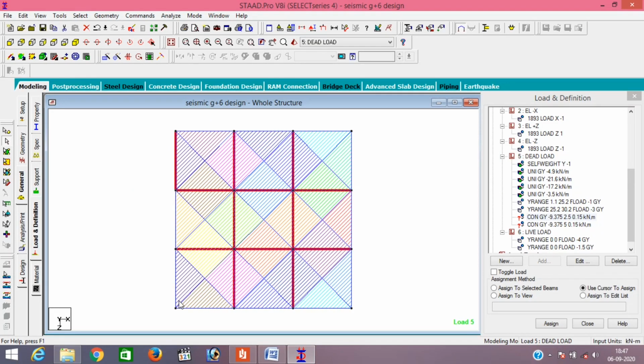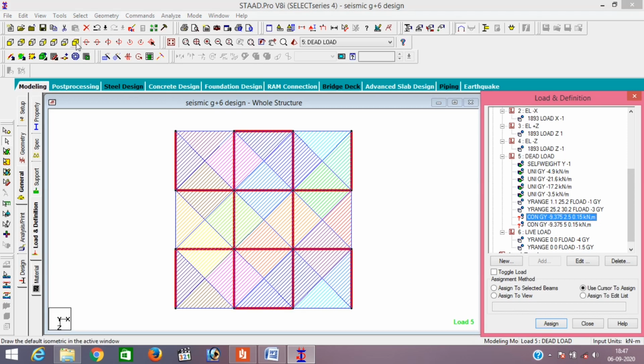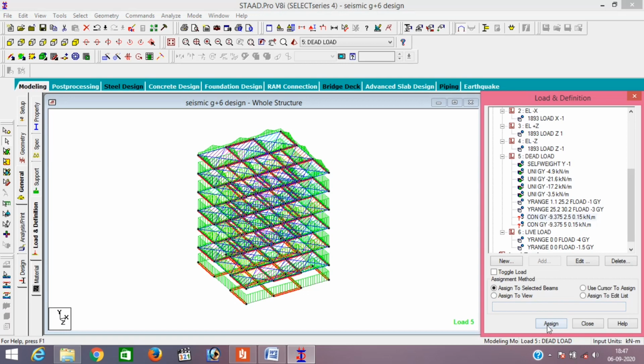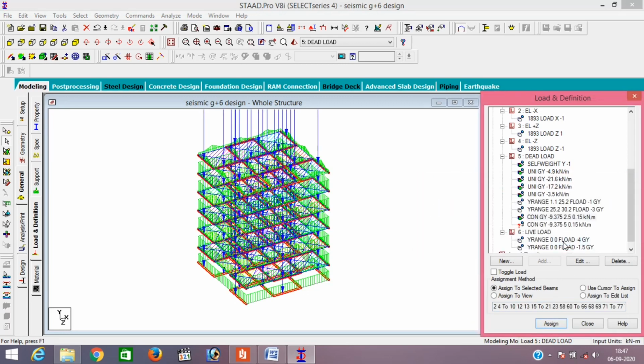So we do not select these beams, and select all the other beams. Then click on this, concentrated GY force, see here, assign to selected beam, assign.